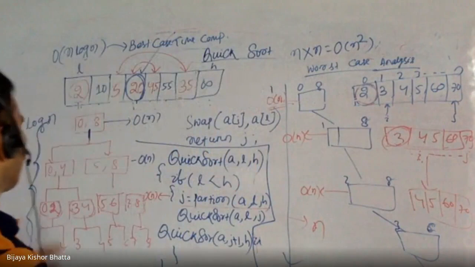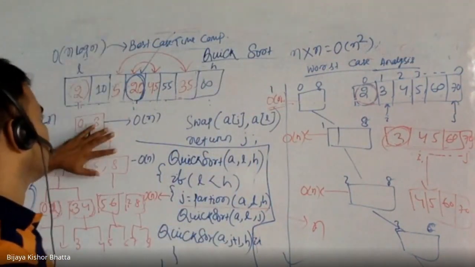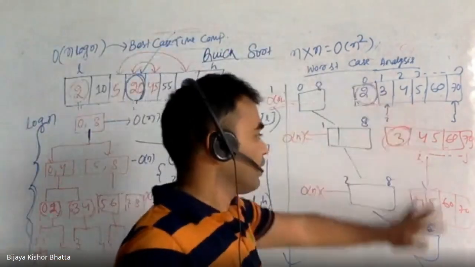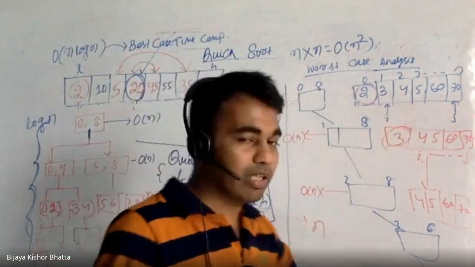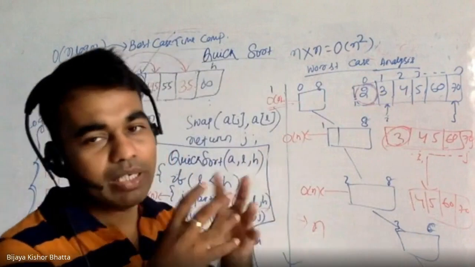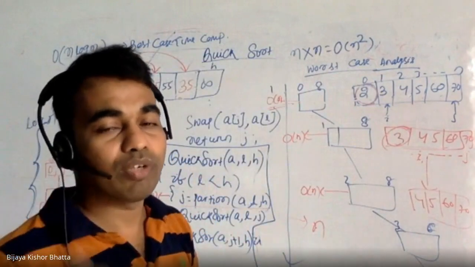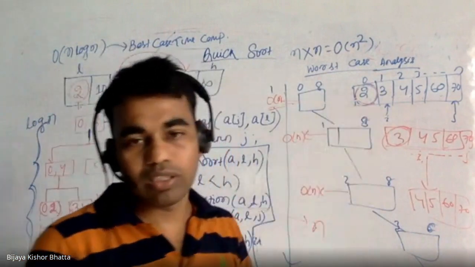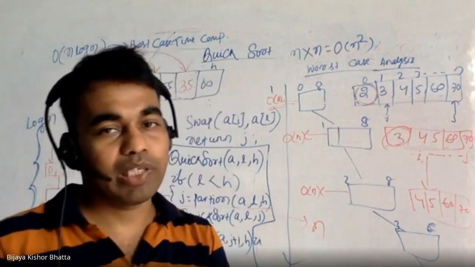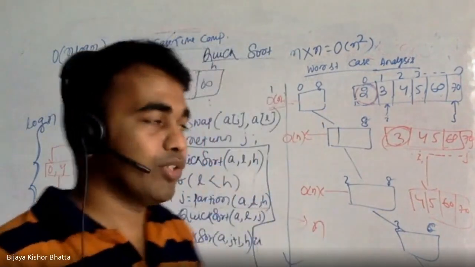We have already discussed that the best case is this one, and the average case is this one also. So the worst case is this one, because in the worst case the tree is like this, right? It is linear, every element. And somebody can ask, what is the situation where quicksort will perform worst? This is the situation where the elements are already in sorted form. That particular array is going to give you the worst case situation for quicksort.